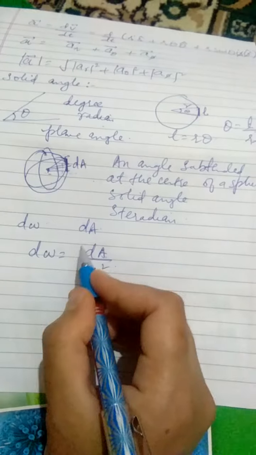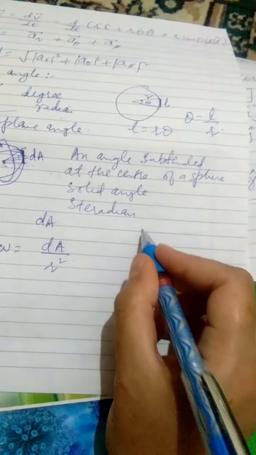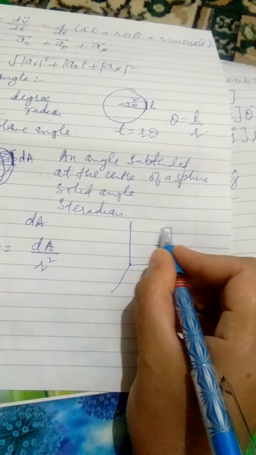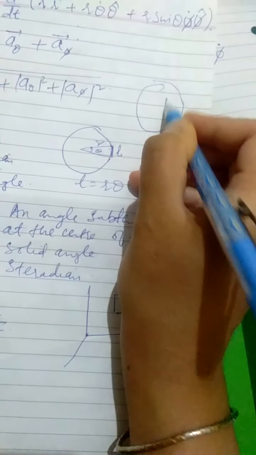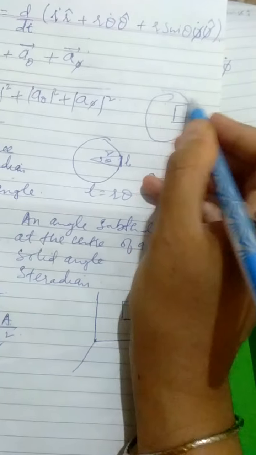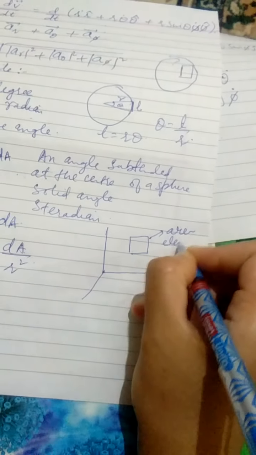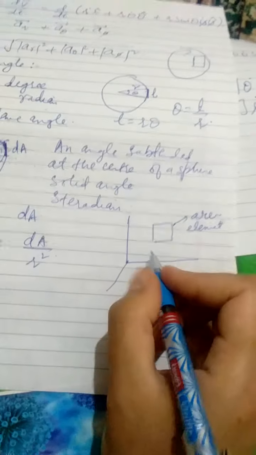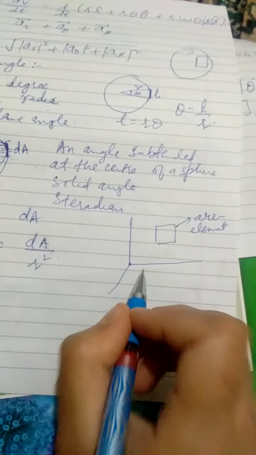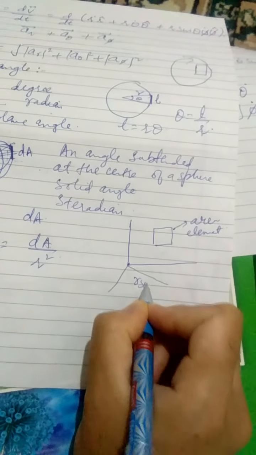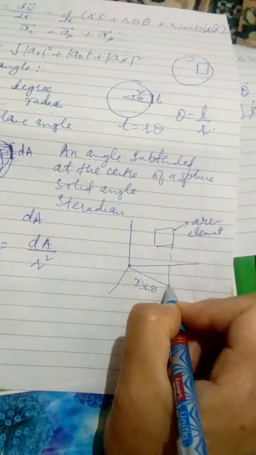Now let us try to define this area element. For that we will have to go to spherical polar coordinates again. See, this is the area element that we can imagine. See, you can imagine a sphere and then you can imagine a square area on it, a rectangular area on it, right? So we are choosing an area element, so we call it an area element. And this area element is lying on the surface of the sphere. We want to find what is its area in terms of the spherical polar coordinates. If you recall the previous lecture, this vector was how much? R sine theta. So you can drop two perpendiculars here.